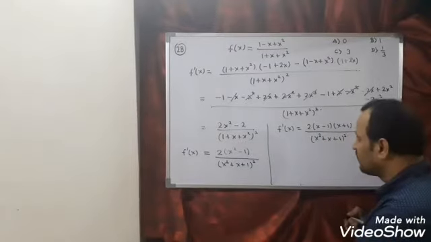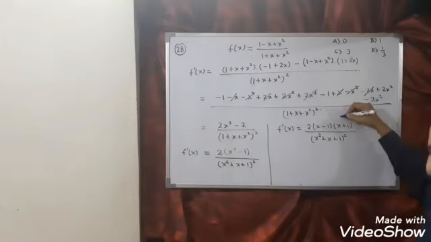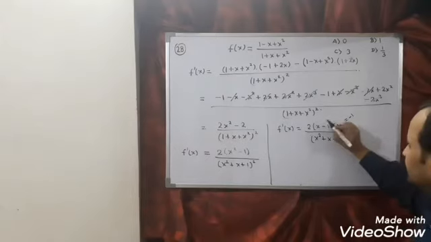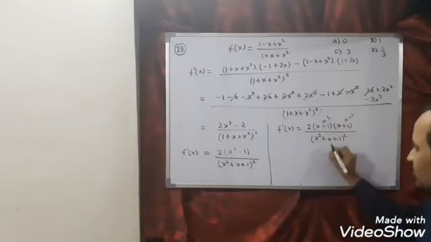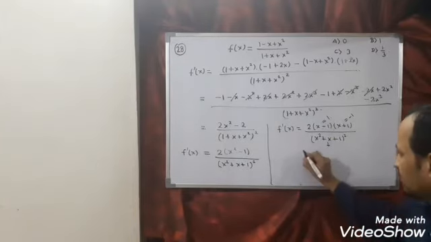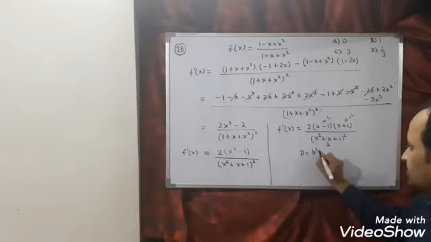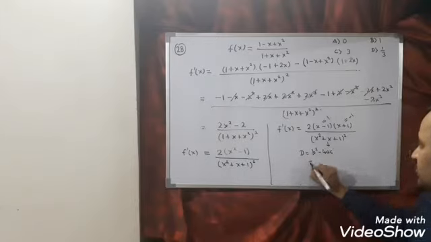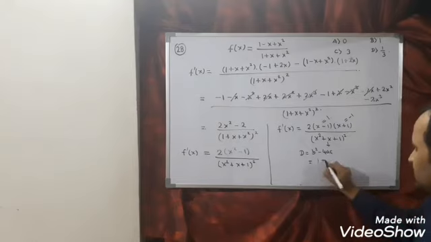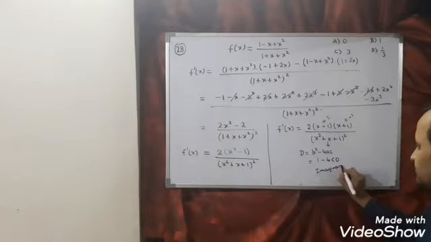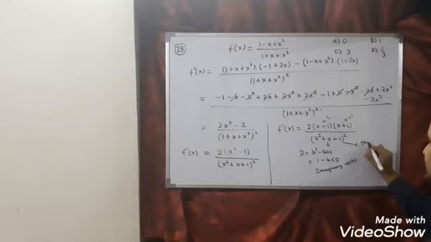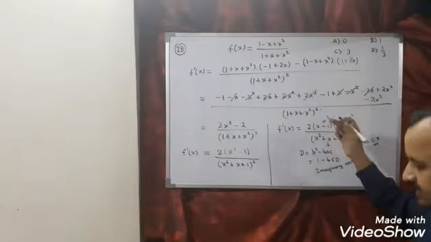Next step, critical points. The coefficient of x is positive; the critical point of this is minus 1, the critical point of this is 1. And what about this? Can I say this is quadratic? So calculate D. D is nothing but b square minus 4ac. What is b square? 1 minus 4, so D is less than 0, which means roots are imaginary. Imaginary roots means no critical point. So we got minus 1 and 1 as critical points.